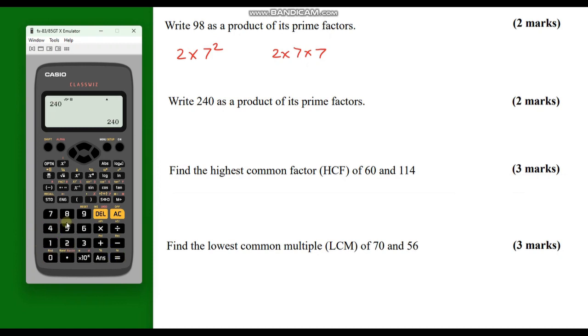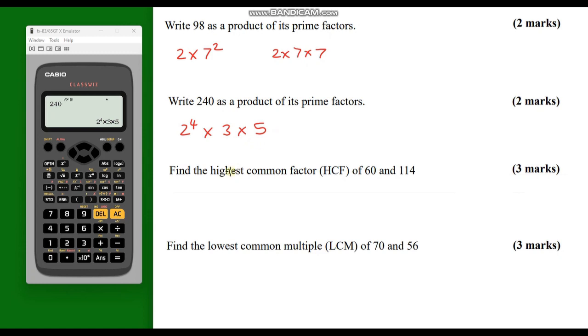Always remember to press equals because you need the answer saved in the calculator. So once we've got 240 as our answer, we press shift and then these apostrophes. And then we've got our answer again. So we've got 2 to the power 4 times 3 times 5. So this is probably my favourite trick with a calculator because it's such a quick, efficient method of getting the